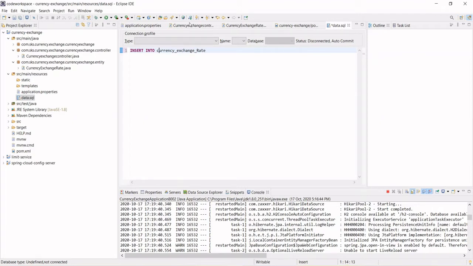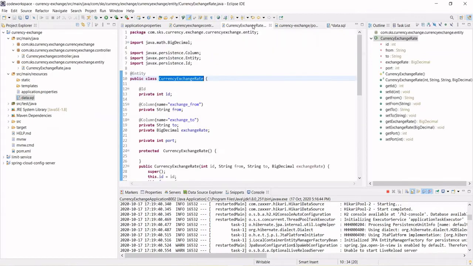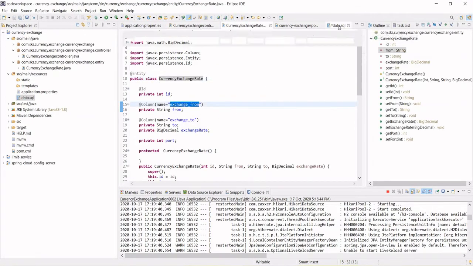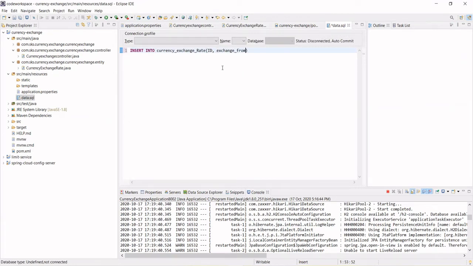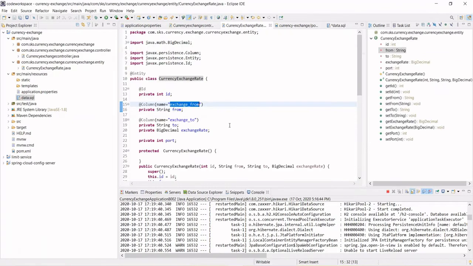Okay, and thereafter the column names. What is the first column name? ID. The second column name was exchange from. Copy this, come here, comma. Third column name was exchange to, right?